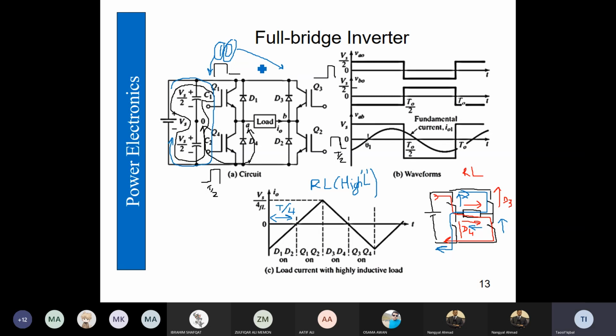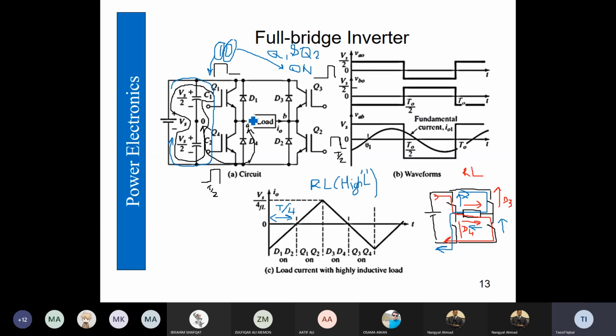Why a 2-digit value? Because we have two half bridges, and therefore 1, 0 means Q1 is on and Q3 is off. That means basically Q1 and Q2 are on. Okay, so when we have 1 in the switching state, that indicates the upper switch, and when we have 0 over there, that means the lower switch is on.